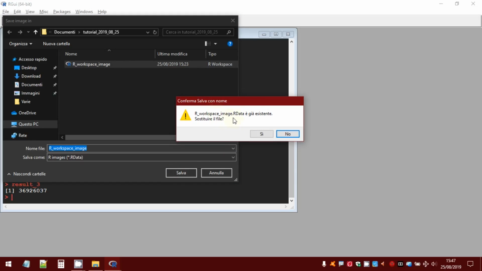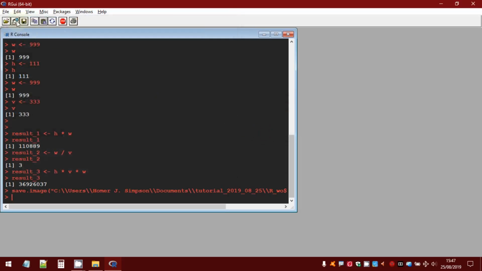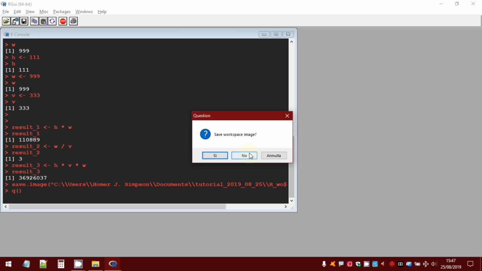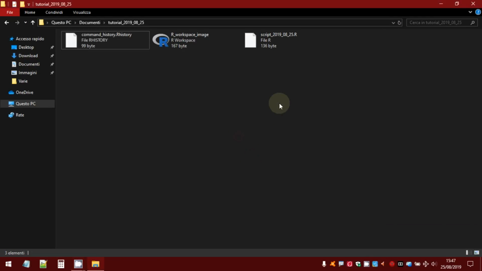Save. Yes, we want to overwrite it. Okay, now close. No. Okay, now we have also the script file with .r extension.